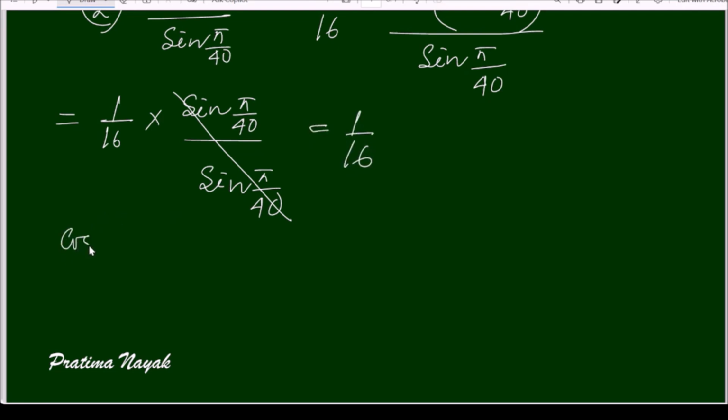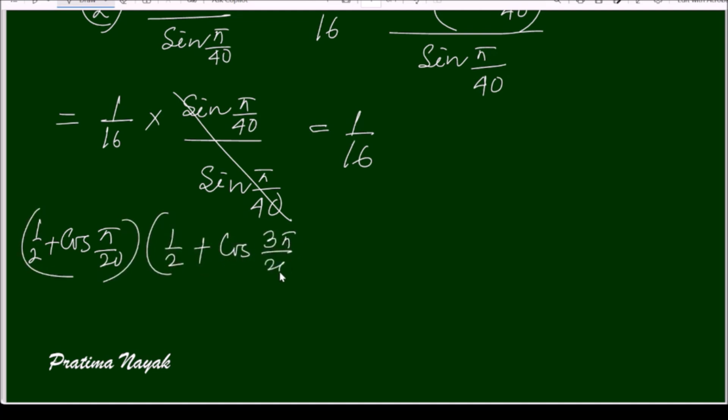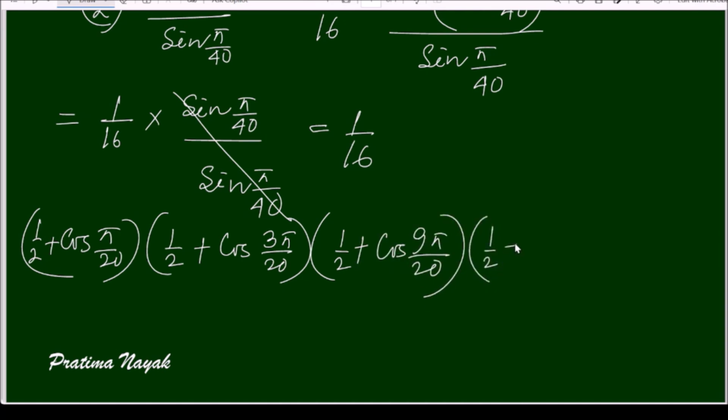So half plus cos pi by 20, half plus cos 3 pi by 20, half plus cos 9 pi by 20, half plus cos 27 pi by 20 equals 1 by 16. Proved. I hope you